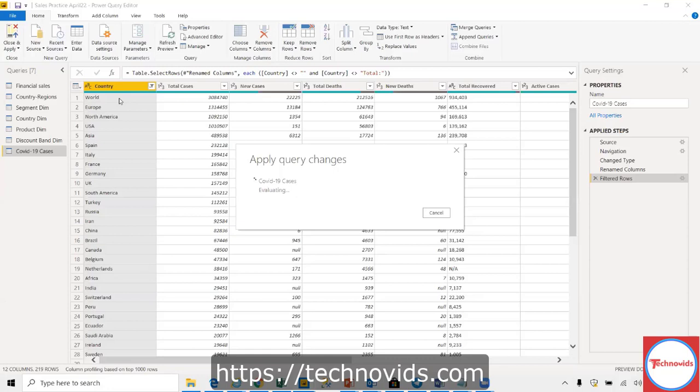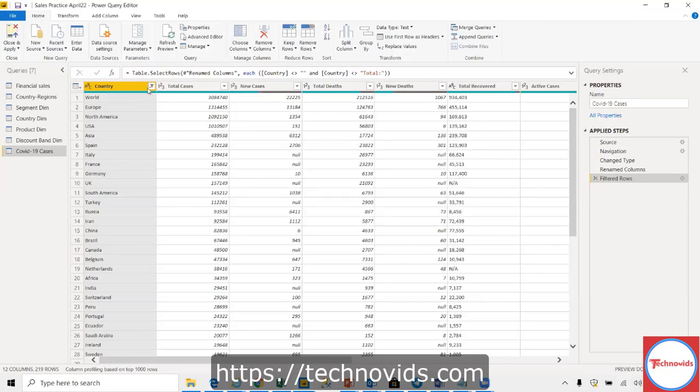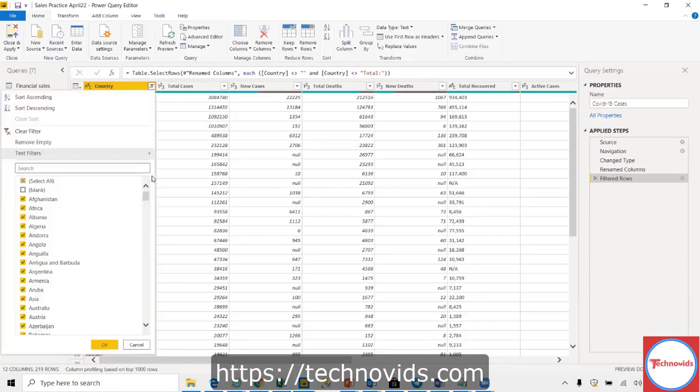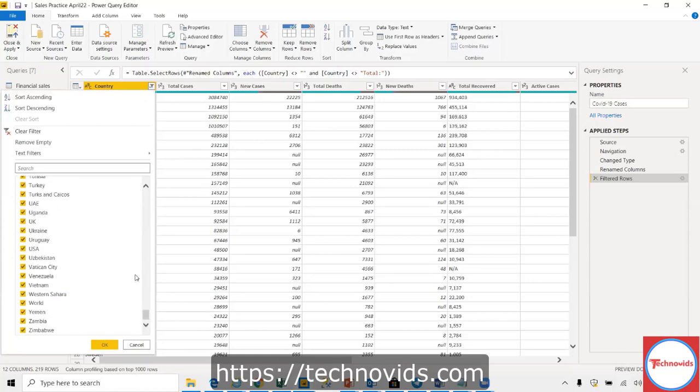World is there. He has done a lot of work already. Last time when I saw this, the world, North America, South America, that kind of thing was not there. So now what he has done is he has added all these things. World he has added, North America he has added, I think continent wise he has added, but I don't see world here. How come? World is there.